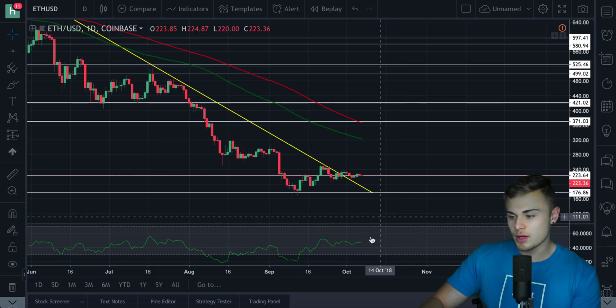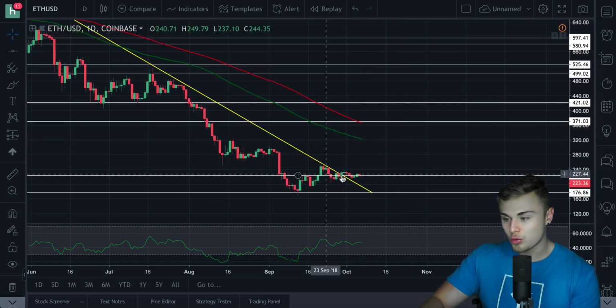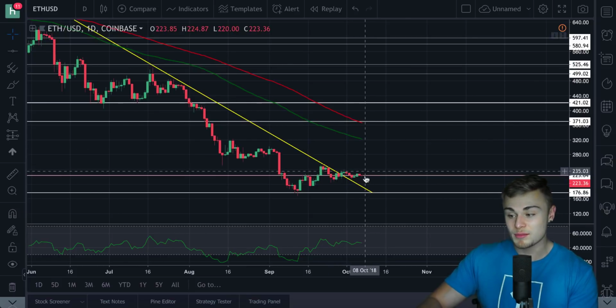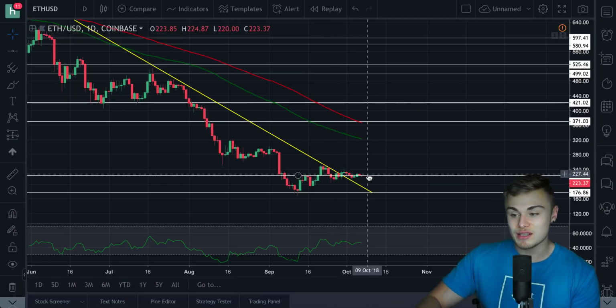To sum this up really quick, we're trading sideways. We're about 50 on the relative strength index. The price has traded right out of its downtrend and it has not moved yet. Something is suppressing it. Something is holding it back. But when we see sideways trading, that usually indicates some sort of movement.